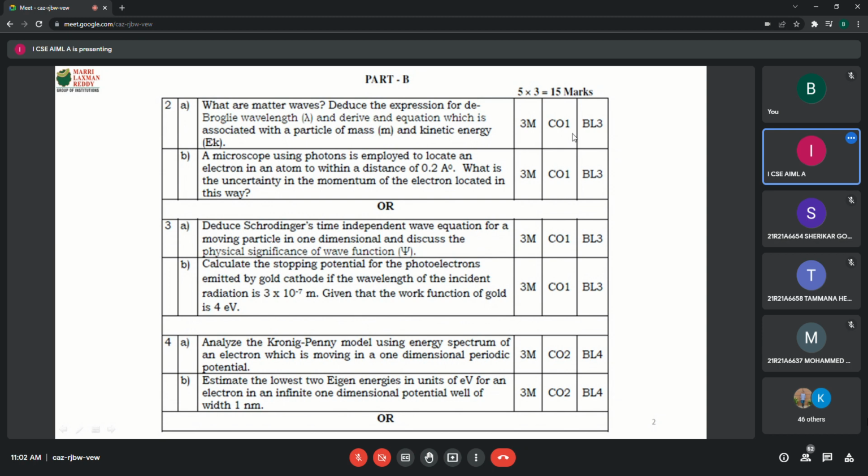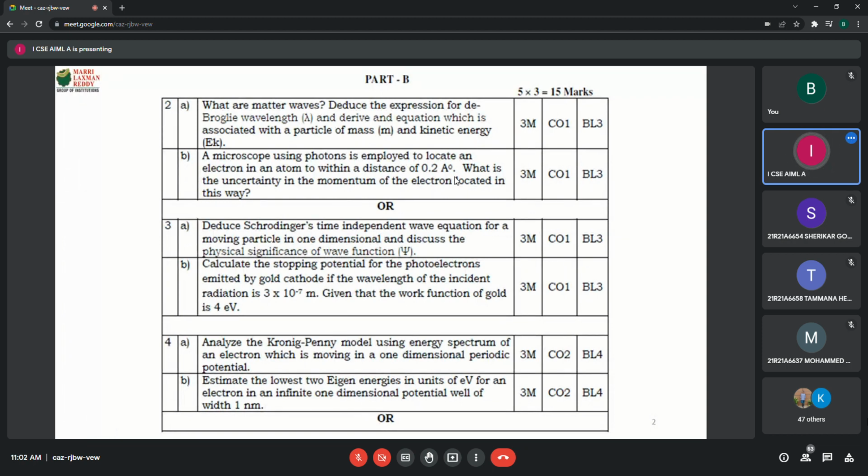Now, you see, this carries 3 marks. And followed by theory under unit 1, one problem is also given. A microscope using... this is actually the previous question paper only. Don't think that I'm explaining the question paper that you are going to get in the mid examination in the next 2 or 3 days. It's not like that. But the numeric values may vary, though similar to these questions only.